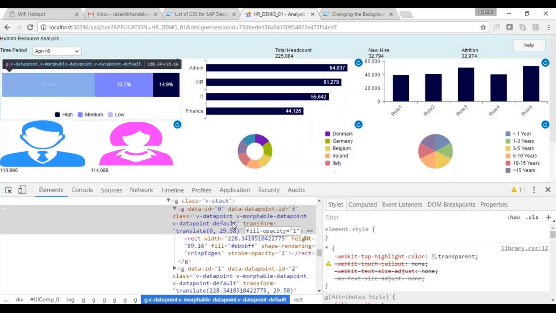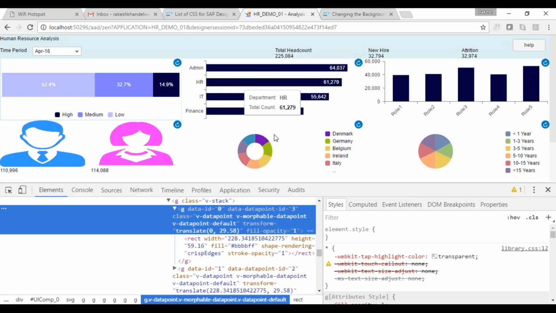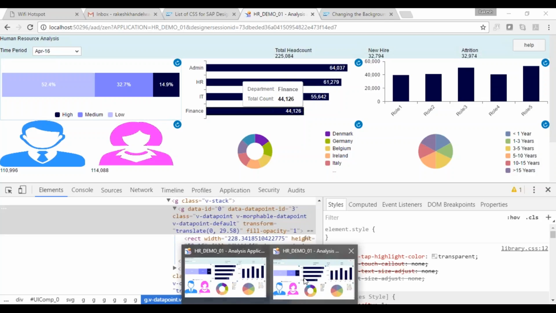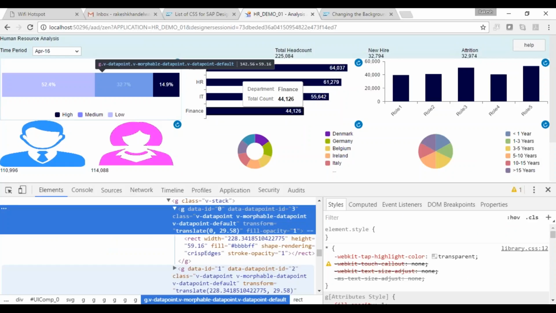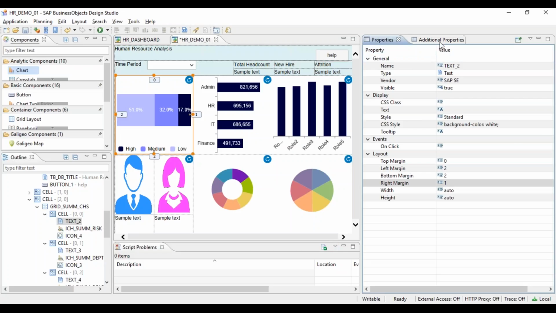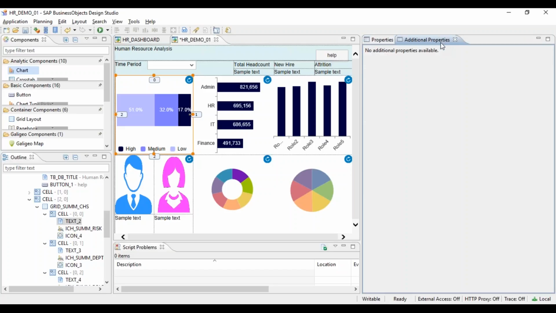All right. Yeah, you can do this in IE also, but it's better you do it in Chrome. Is there an option within additional options where we can add two colors to the bars of the bar chart? In the Design Studio client, it is not available. Maybe through CSS you can do it, but the default option is not available.